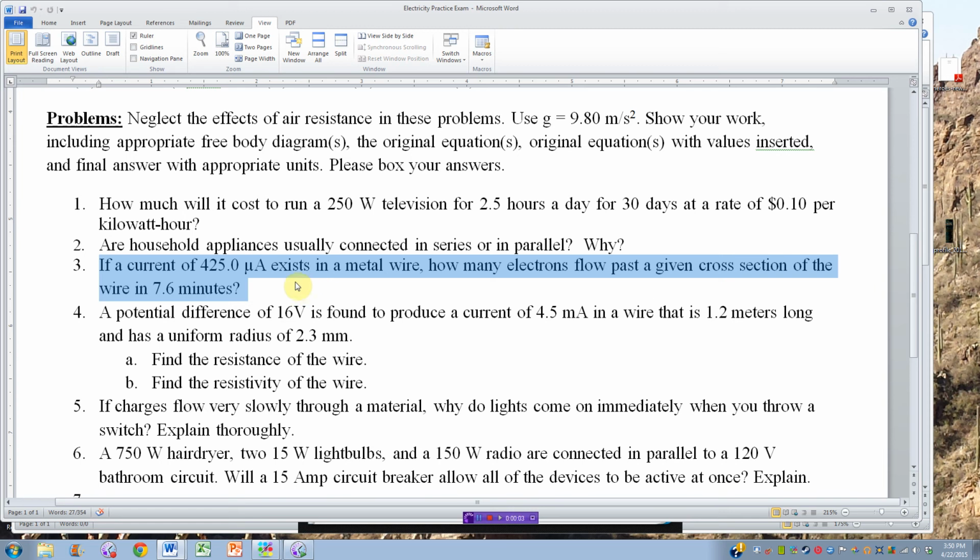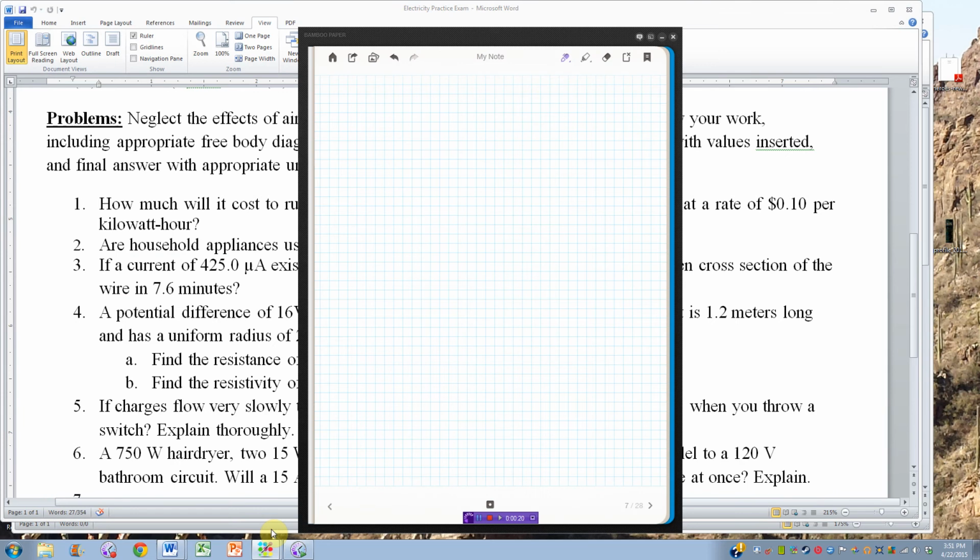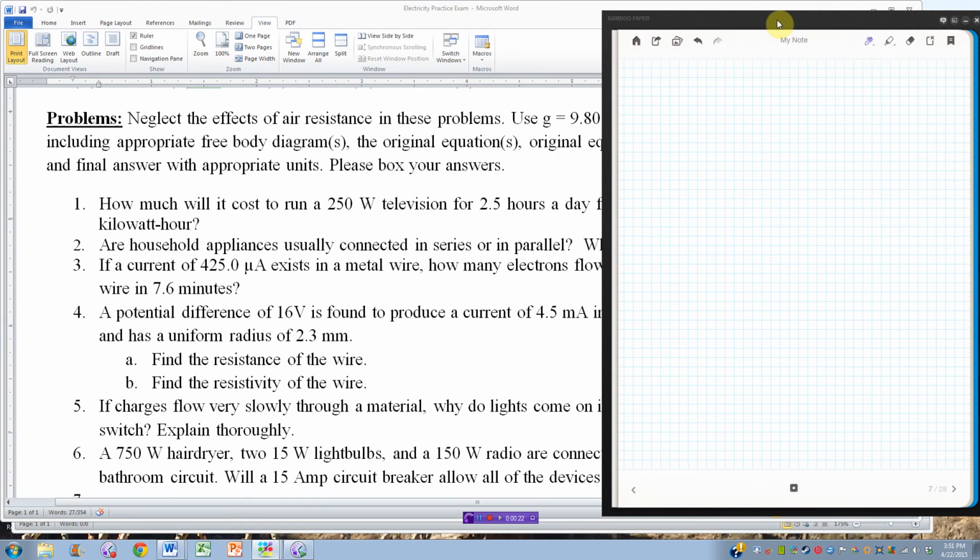Alright, this is the electricity test, or practice exam number 3. If a current of 425 microamps exists in a metal wire, how many electrons flow past a given cross-section of the wire in 7.6 minutes? Okay, so we've got a current